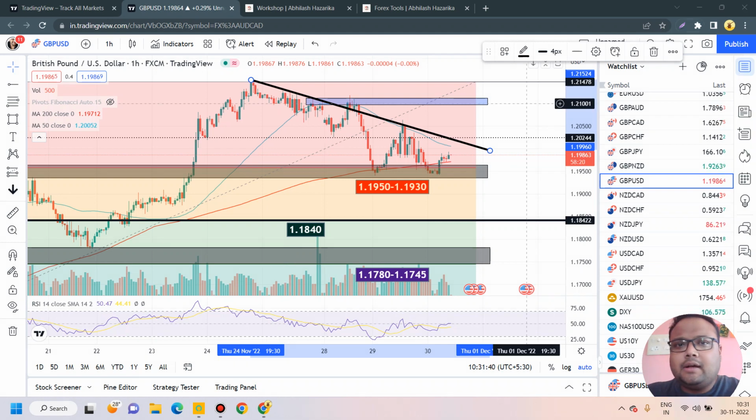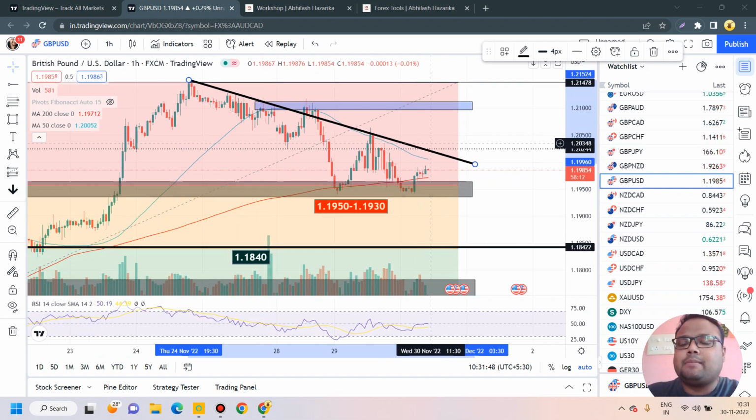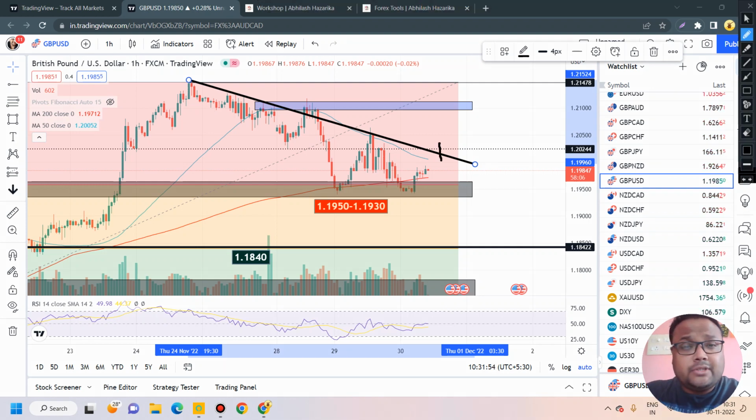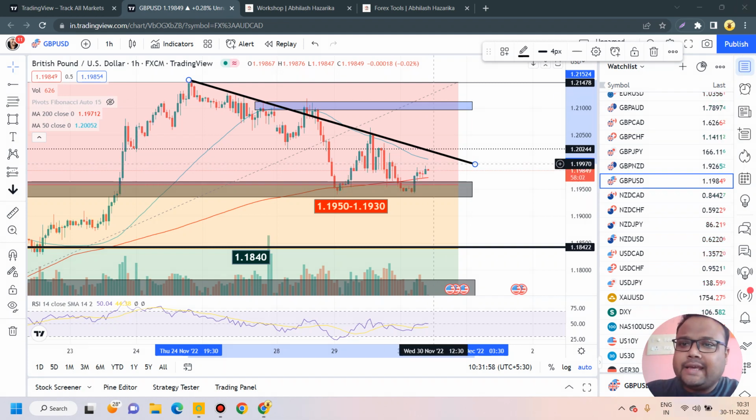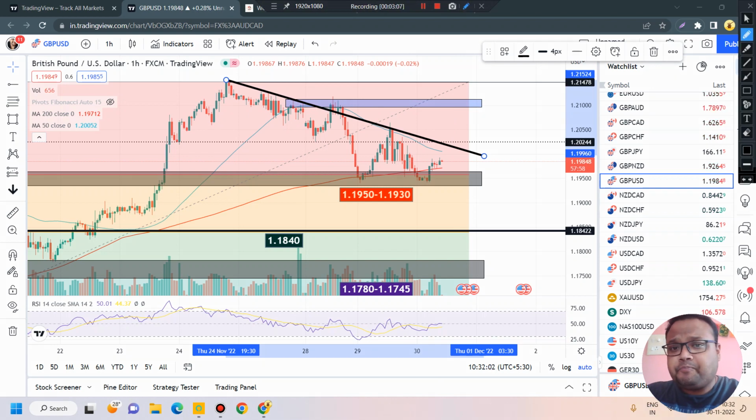If extreme volatility doesn't come, if the volatility of the market remains like this, then we can expect the market to reverse. If the market reverses, then only take a sell position. If you see the market going up and showing price rejection from above, like a shooting star pattern, then only go for a sell position. In case the market breaks it, then the next resistance will be around